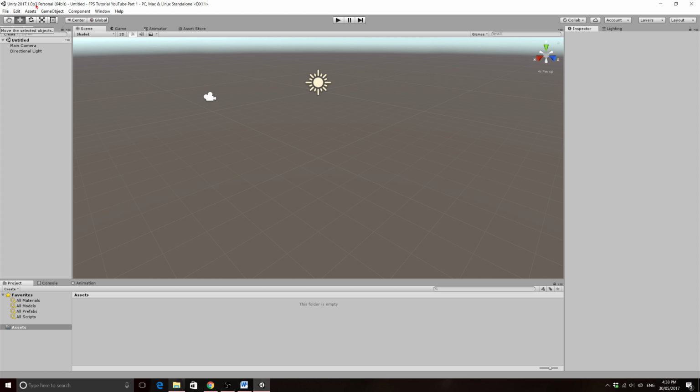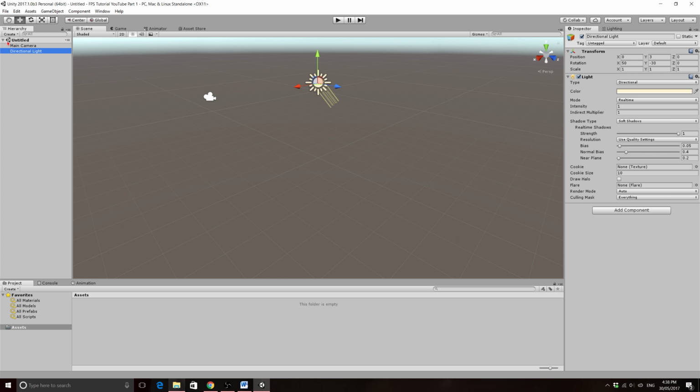I'm using one of the better versions of Unity. You can just go ahead and use the newest version that they have out at the moment. You don't need to use the beta. And once you've created your project, we'll have an empty scene just with the main camera and the directional light, and the parent of these two objects will be the actual scene, which is untitled at the moment